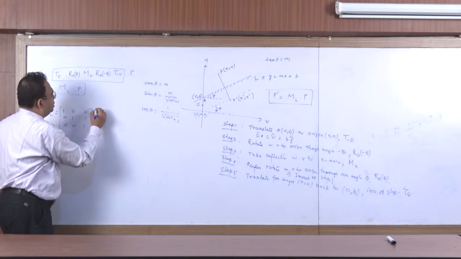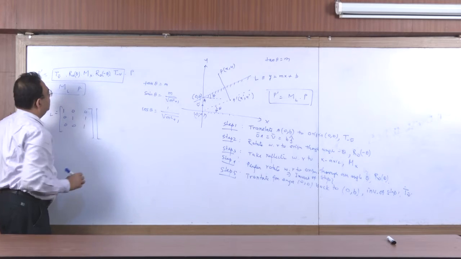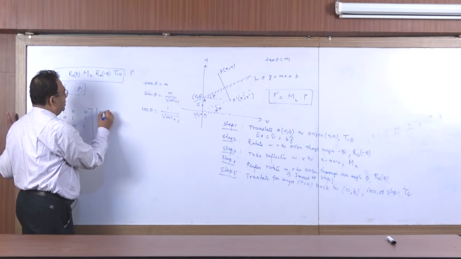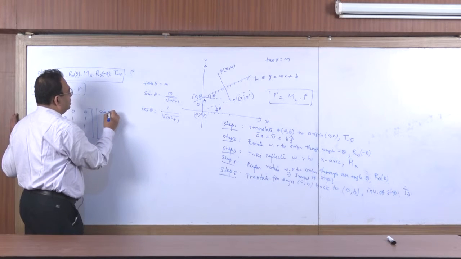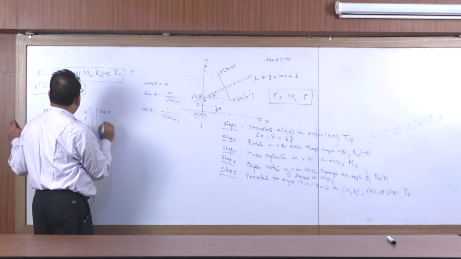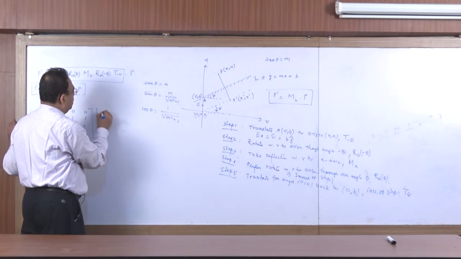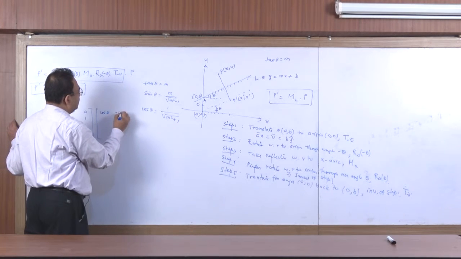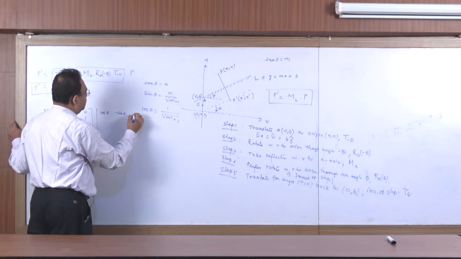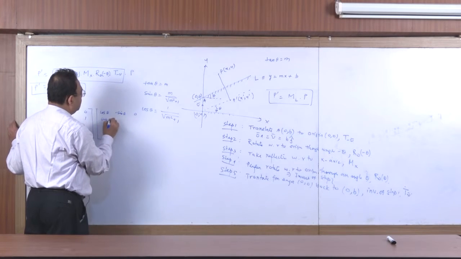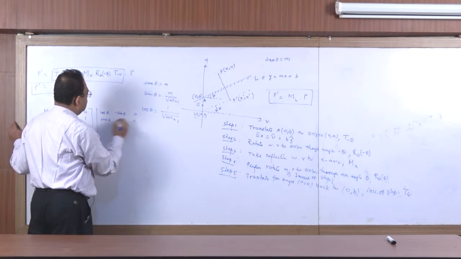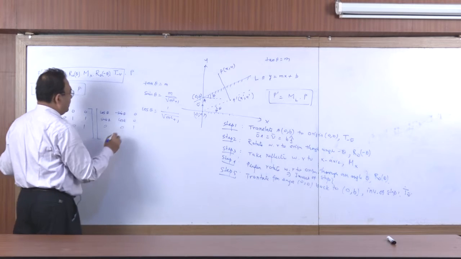Now, what is R0 theta? R0 theta is cos theta minus sin theta 0, sin theta cos theta 0, 0 0 1,